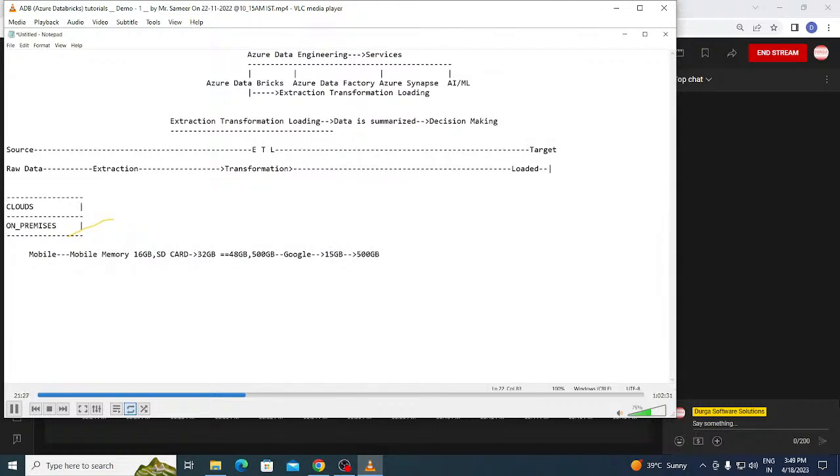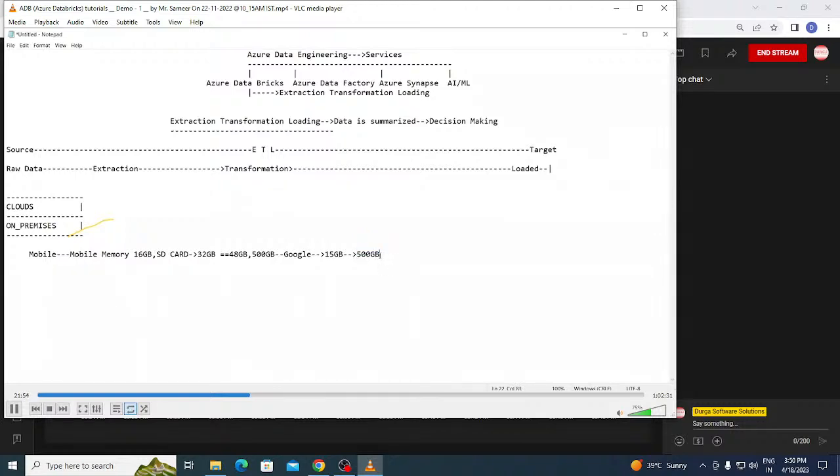Will Google provide 500 GB free of cost, or will they charge something? They will charge. After 15 GB, even if you store 0.1 MB, it is going to charge you. So you can buy the space on Google Drive by paying some cost.